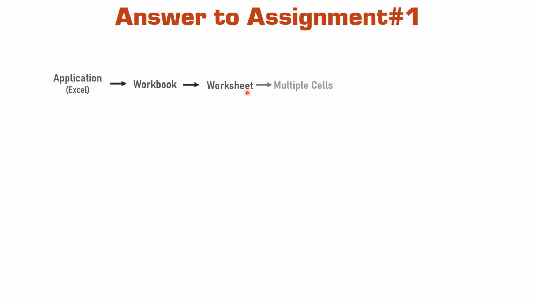After the worksheet, we next go to multiple cells. I know a few have mentioned just cells in their comments, but they did not mention the next object, which will be a single cell. Finally, followed by methods and properties. It's worth mentioning that methods and properties will not always come at the end. There are different methods and properties applicable at every instance of object level, and we have already seen them in our table.